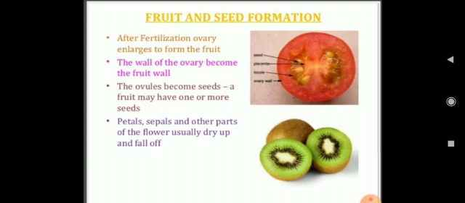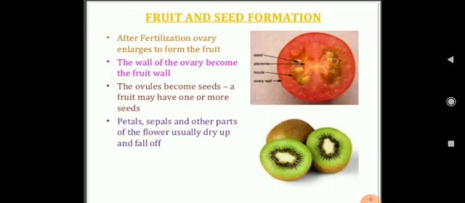After fertilization, the ovary enlarges to form the fruit, and the wall of the ovary becomes the fruit wall. The ovules become seeds. A fruit may have one or more seeds. Petals, sepals, and other parts of the flower usually dry up and fall off. After fertilization, the ovary grows into a fruit and the ovules into seeds. All other parts of the flower fall off, and the zygote divides to form an embryo that lies within